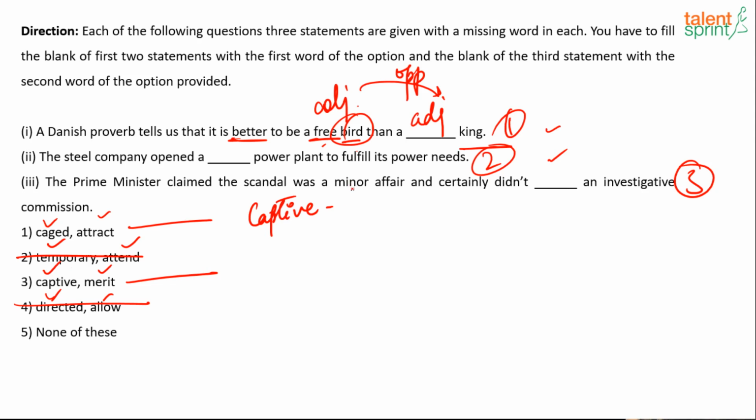So one, a captive is a person who's taken a prisoner, right? So someone who's captivated is someone who is captured by another party. And the other meaning of captive,